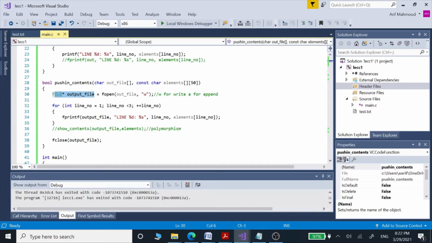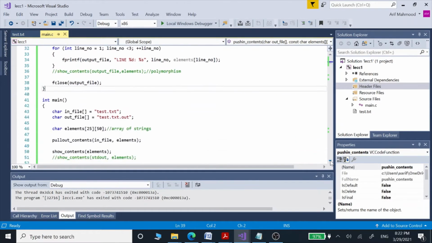After that we run the for loop, which stores the elements of the string array into this output file using this fprintf function. After that we close our output file using fclose. These are pretty much our functions.